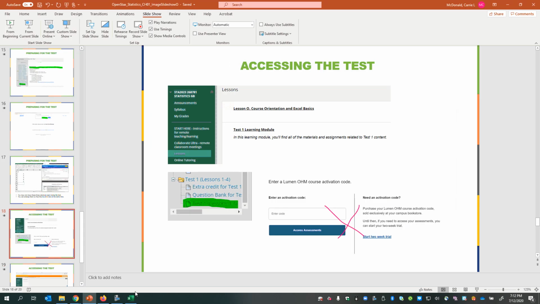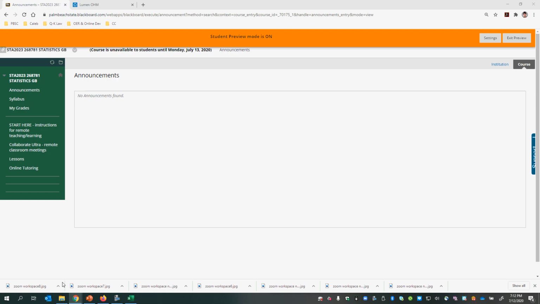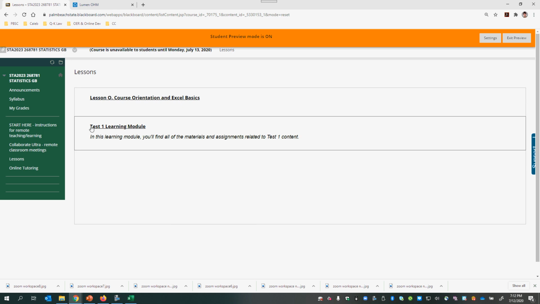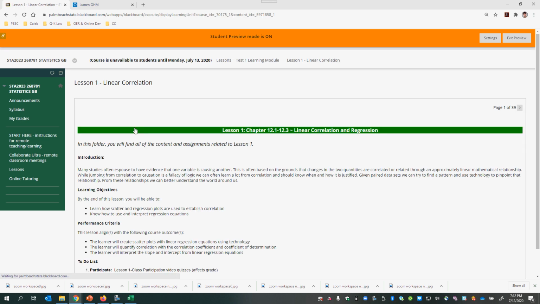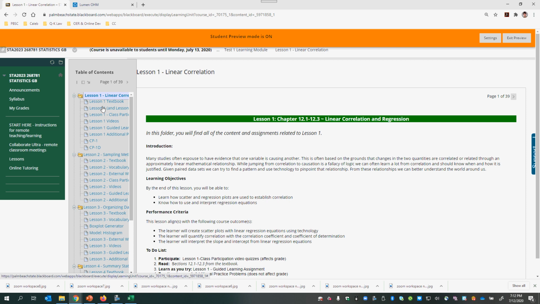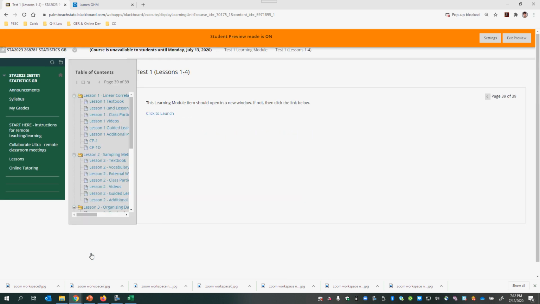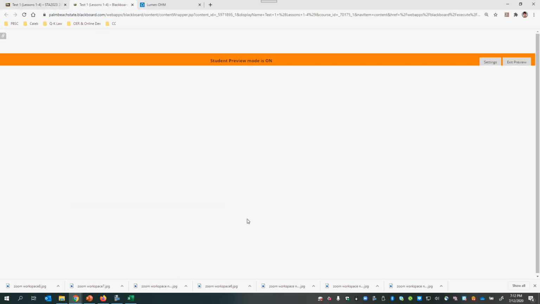All right, so let's actually do a live demonstration for accessing a test in Blackboard. I'm in student view right now inside the course, and I'm going to go to the left-hand navigation menu and click Lessons, and then go to the Test Learning module. Then in this navigation menu, I'll scroll all the way down. There's a Test 1 lesson, Test 1 folder, and the bottom one here is the Test 1 link, and you can click to launch